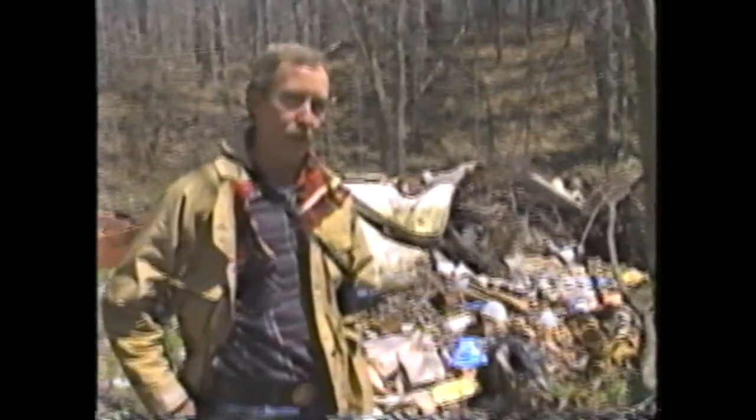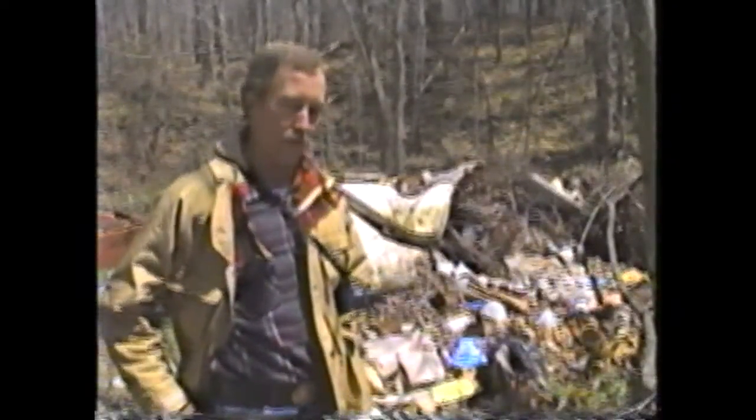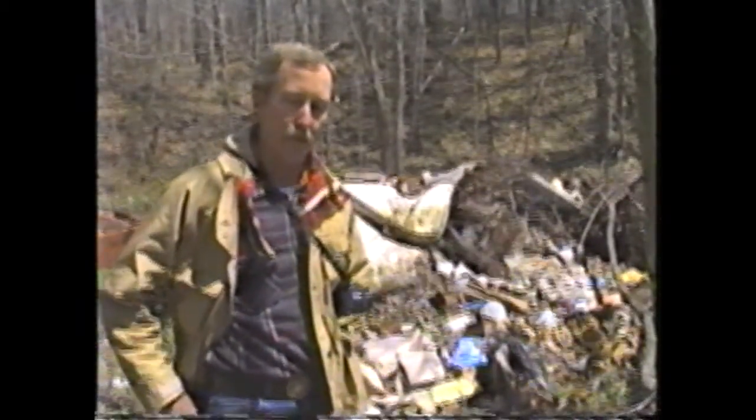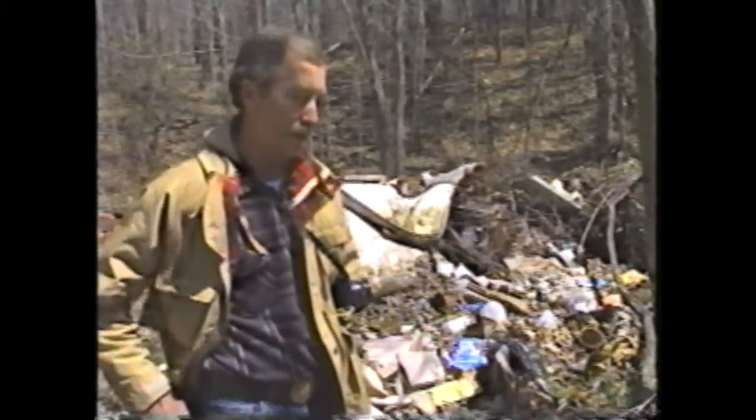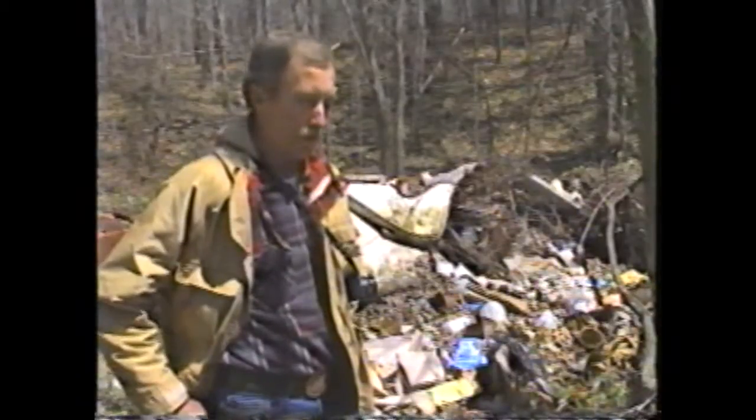I don't want to be a total pessimist about it, but it's going to take significant efforts in education and enforcement. There are a number of state laws that prohibit illegal dumping. The problem is one of enforcement. The state obviously has limited resources for enforcing every little hollow and every little sinkhole in the state. Until local governments, county governments, take a serious interest and get involved in this, there can't be any real effective